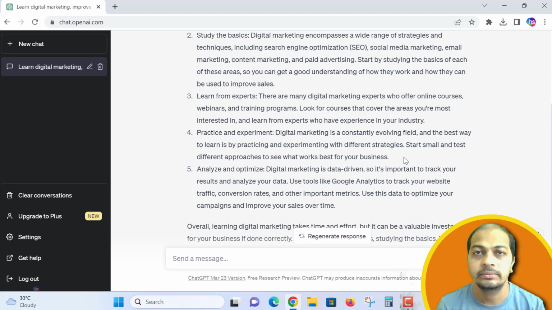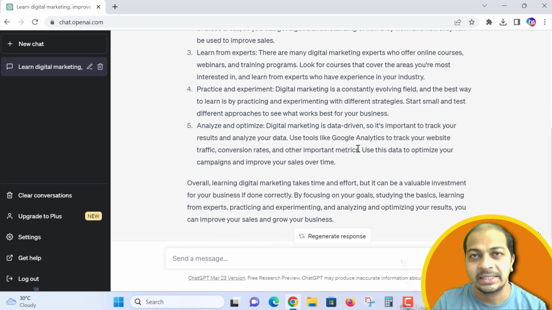Choose such a course, choose such areas, and practice and experiment. These digital marketing concepts require a lot of practice and experiments. You have to experiment in different zones and different categories and see the result. Then whichever experiment is working, you have to expand it.